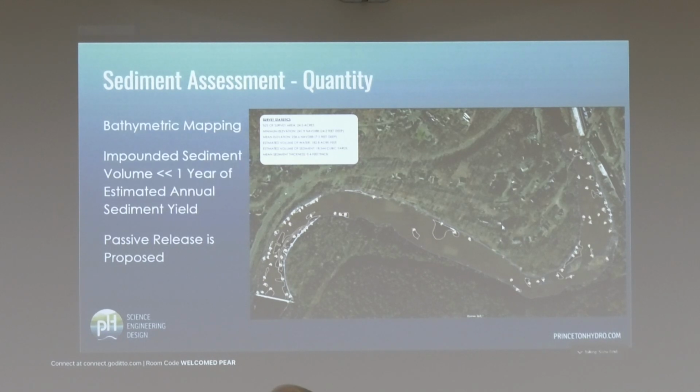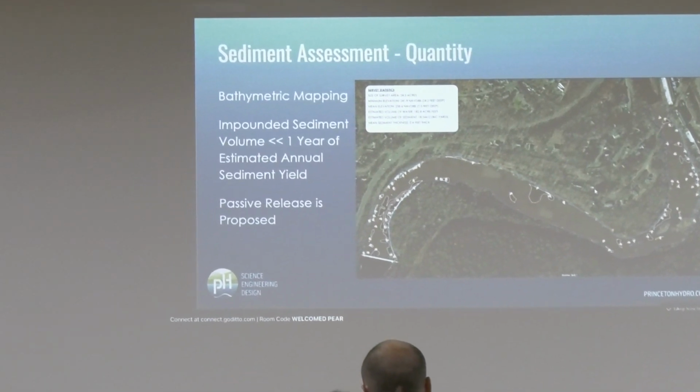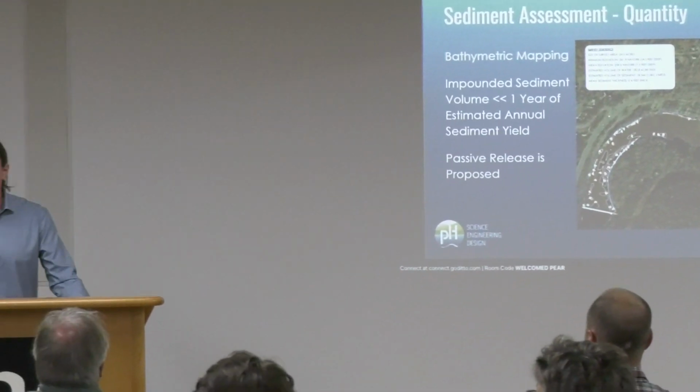And so at this point, the method of dealing with the sediment management is proposed. Passive release is what we're proposing. What does that mean when it's at home? What does it mean in plain English that they have to release? Passive release means that we're letting the sediment go downstream and move downstream without using